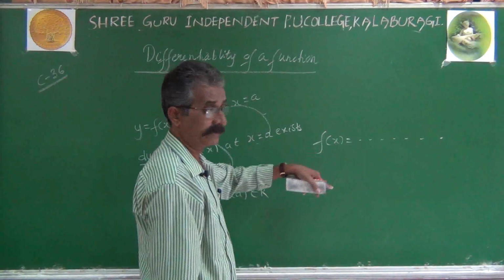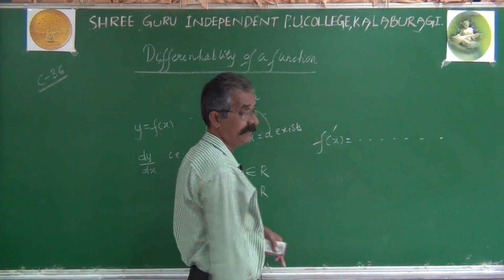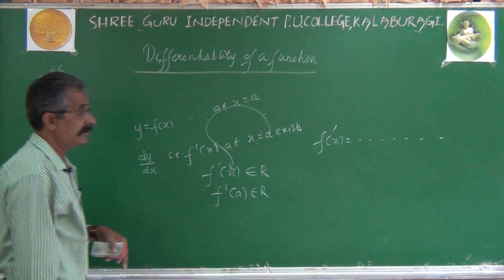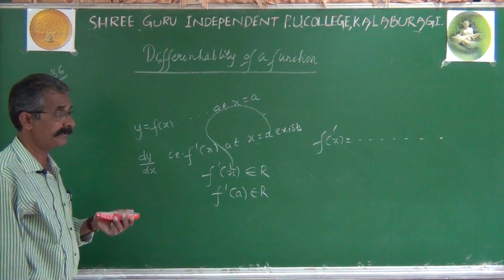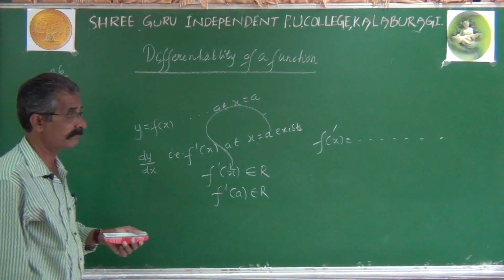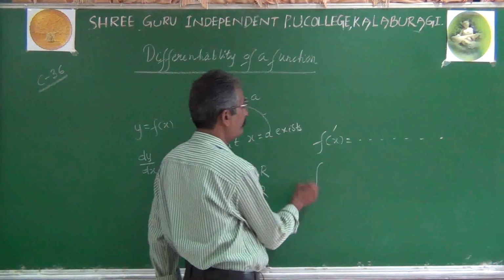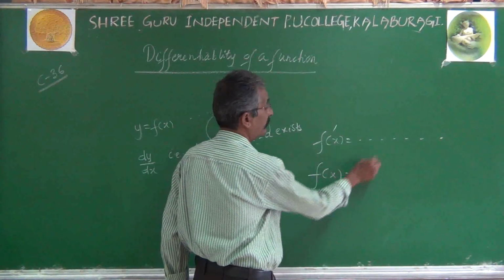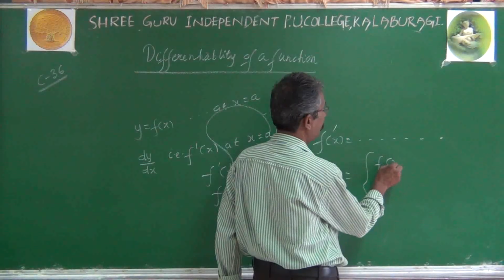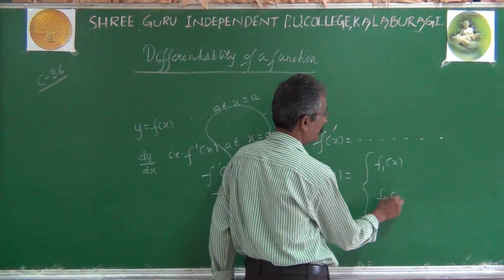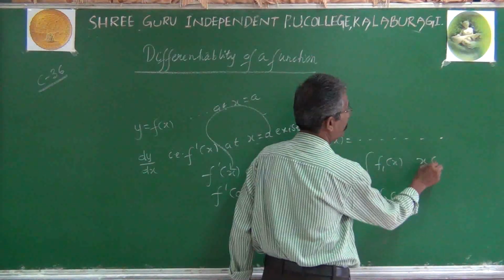Easily we can find f dash x, then replace x by a, and if it becomes a real number, we can say that f of x is differentiable. However, if a function is defined by two or more expressions, something like f1 of x if x less than or equal to a, f2 of x if x greater than a,